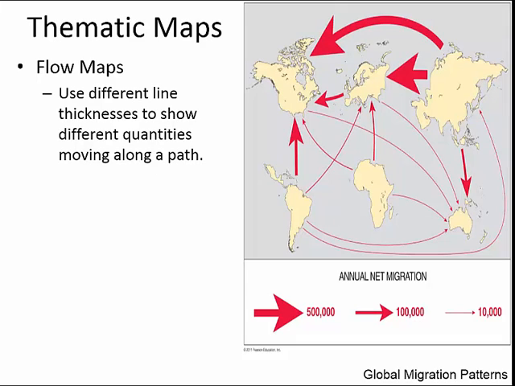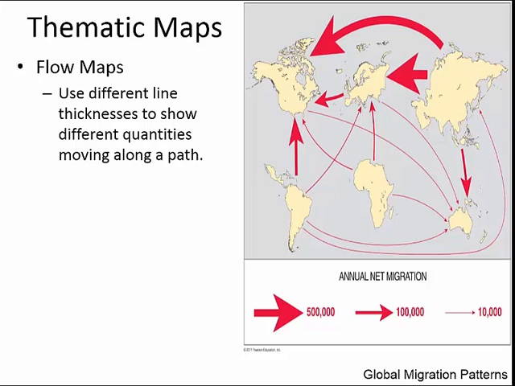Now, another type of thematic map are flow maps. They use different line thicknesses to show different quantities moving along a path. And this figure shows migration. The thicker lines show greater quantities moving out of Russia and the Asian continent, China, India, and the Middle East, moving into Western Europe, also moving into Canada, North